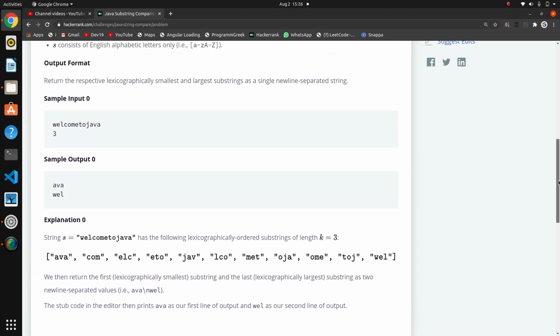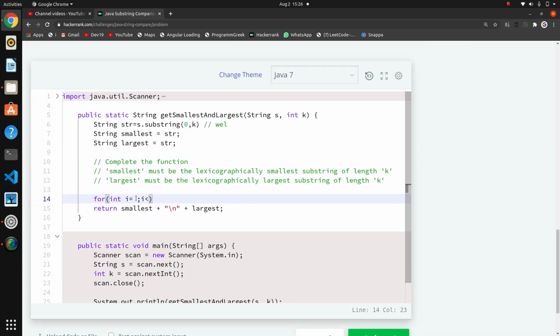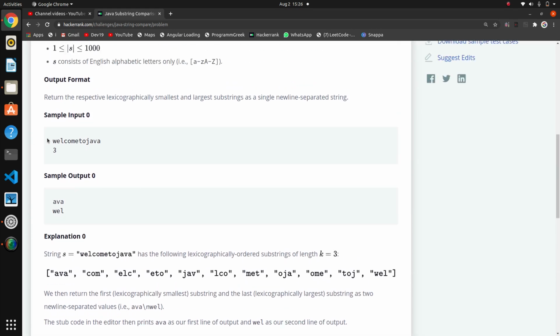As we have taken wel, we don't want to consider this first one. We iterate from elc, so I will start from 1, since position 0 is w. We are not going to consider wel, we consider from e, that's why i is equal to 1.